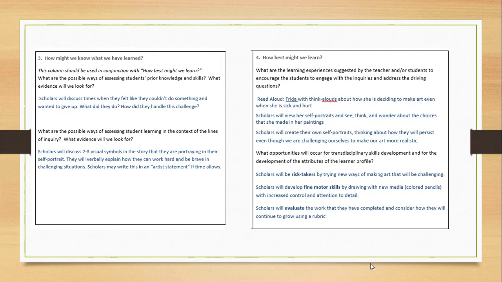Moving on to boxes 3 and 4, I know that in the past I've had trouble differentiating what goes where in these 2 boxes. The easiest way to think about this is that box 3 consists of formal or informal formative assessments that scholars should be engaging in to check for their understanding as they're engaging in the learning experiences developed in box 4. So as I reflected on these boxes, I noticed that I'm engaging mostly with the lines